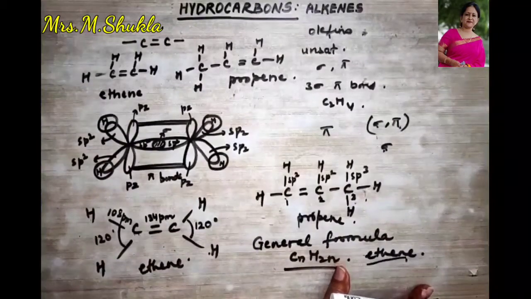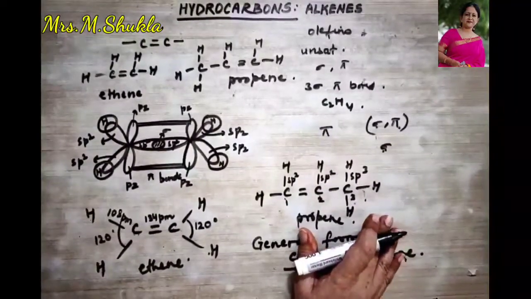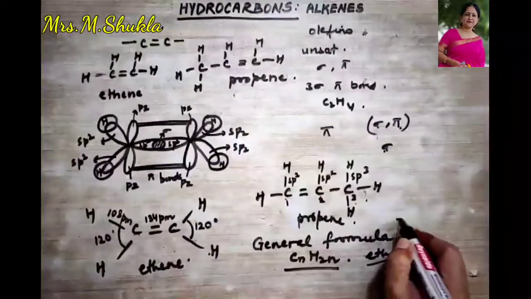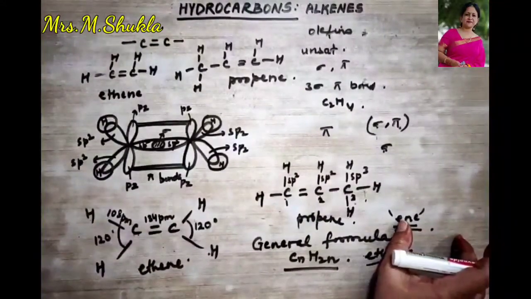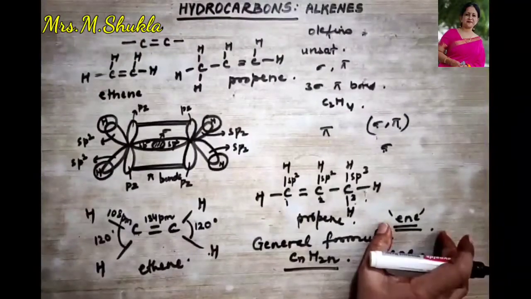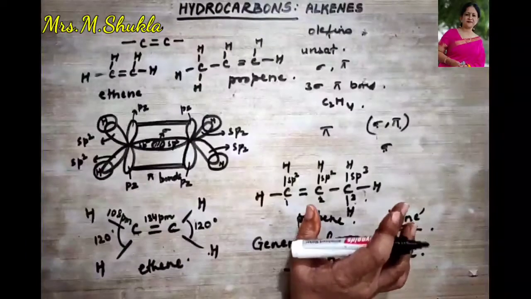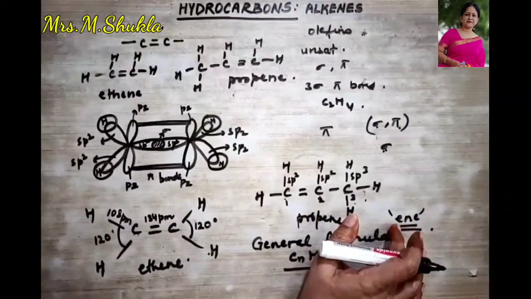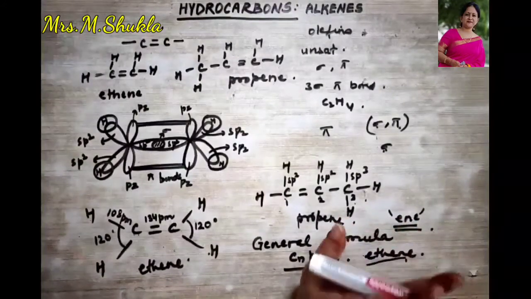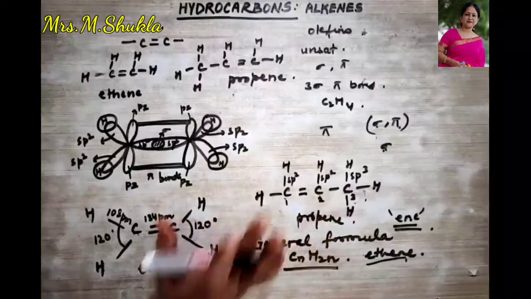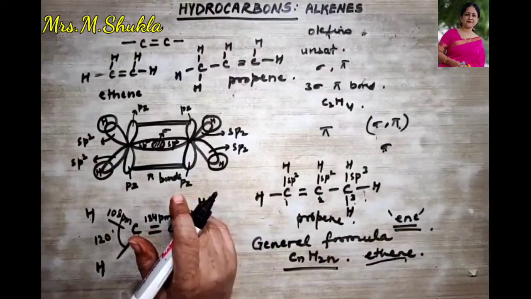Then we talk about the nomenclature of these alkenes. What is the name according to IUPAC given to them? We have to write down 'ene', right? This is the word that we have to use for the double bond. The number of carbon atoms in the longest continuous chain containing the double bond is counted, and the alkene is named by the prefix and suffix system. I hope you all already know about it. Further, we are now going to talk about